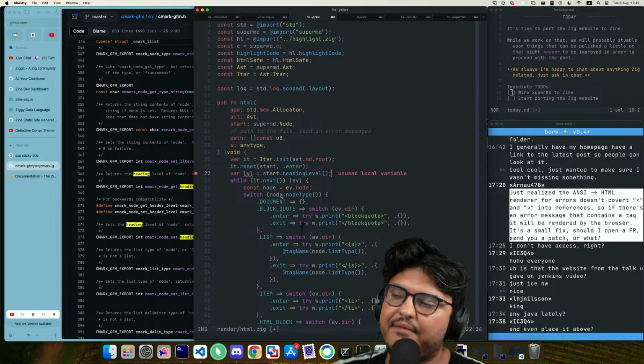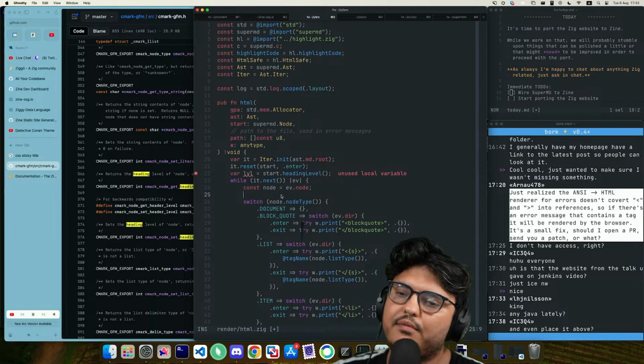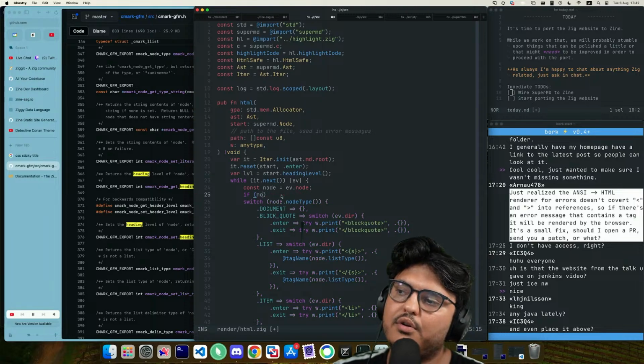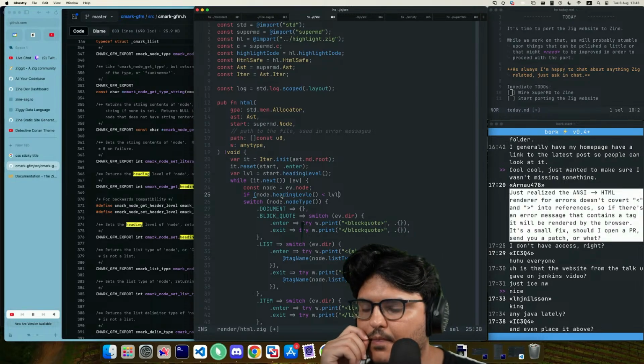So we grab the heading level. And then we say, whenever we grab a new node, we say if level is lower, well, if node dot heading level is lower than level, and we stop.